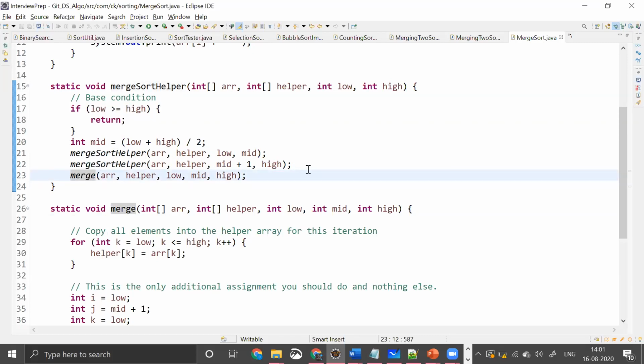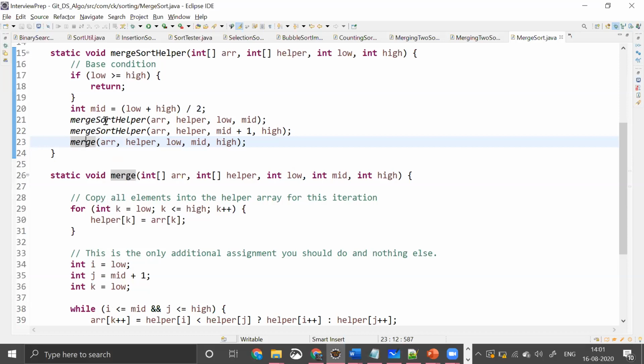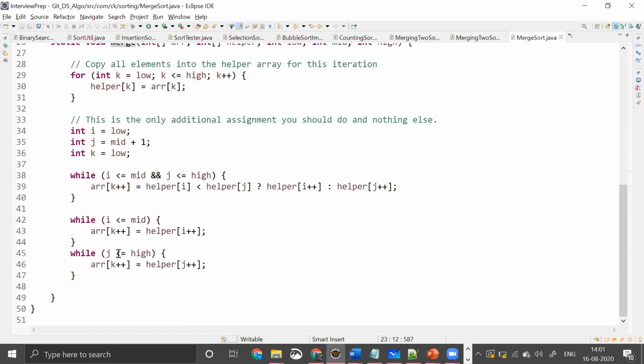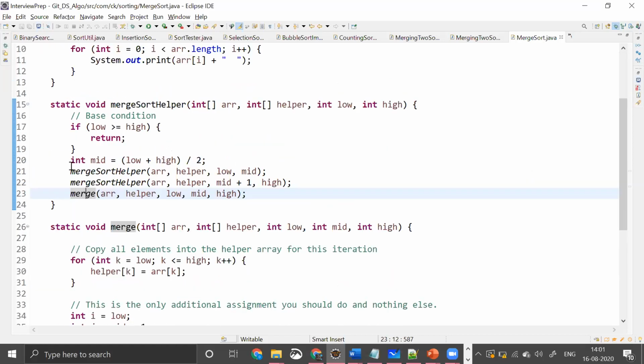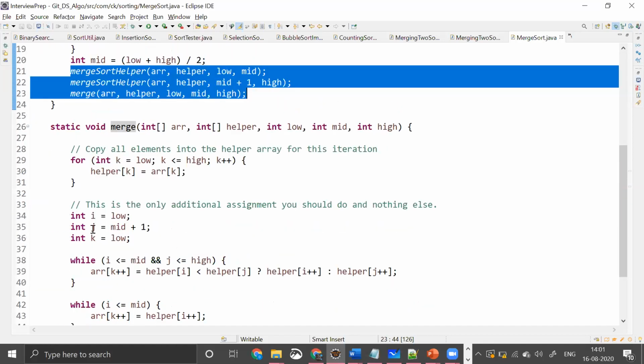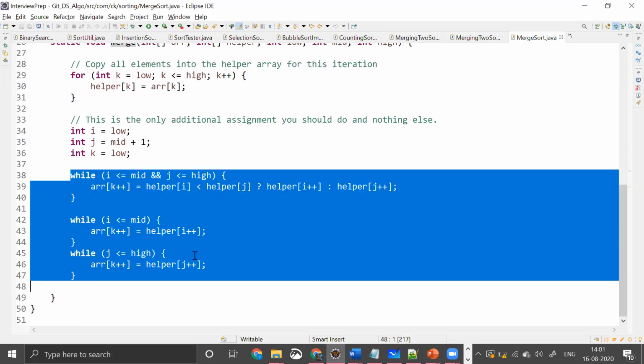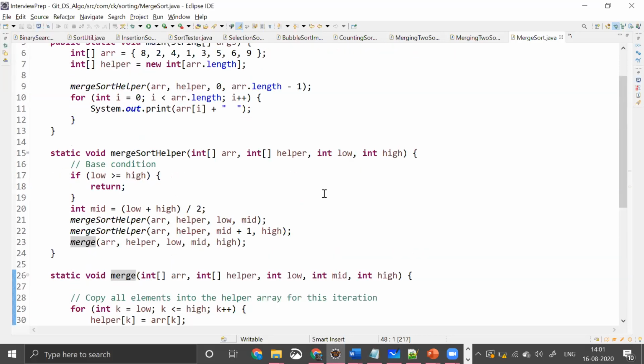How the recursion works and all, I think maybe you need to learn, or maybe we can have one more session on how recursion works. But here there are recursive calls for division. These two lines are responsible for division, and this line is responsible for merging two sorted arrays, and that's it. This is merge sort for you guys. This part has 3 lines, and then maybe this has 6 or 7 lines. So with understanding of less than 10 to 15 lines of code, we are able to solve merge sort.